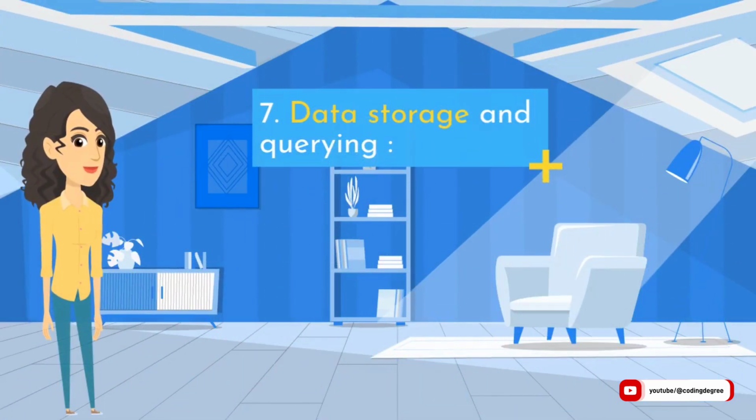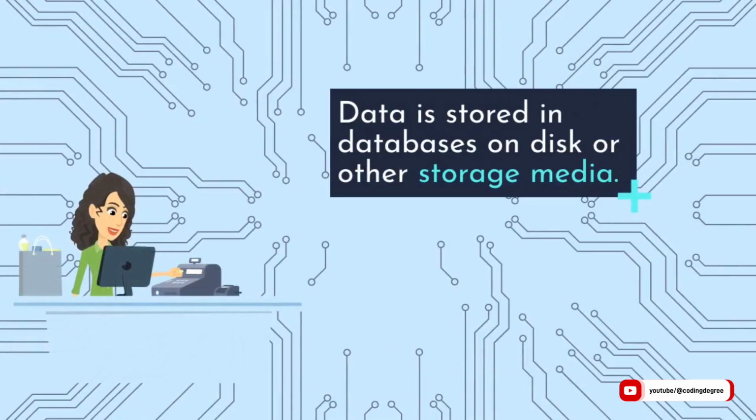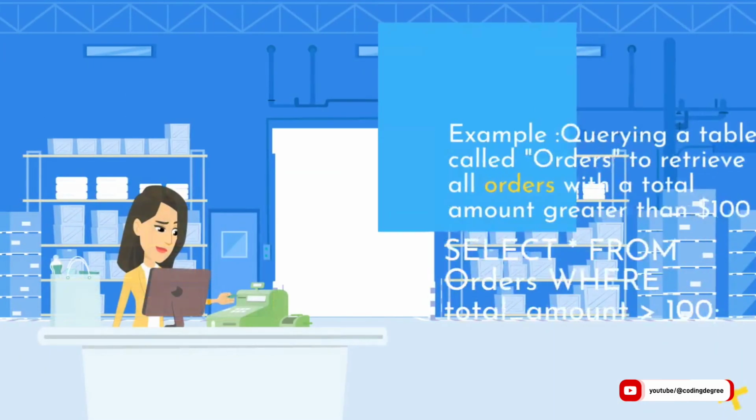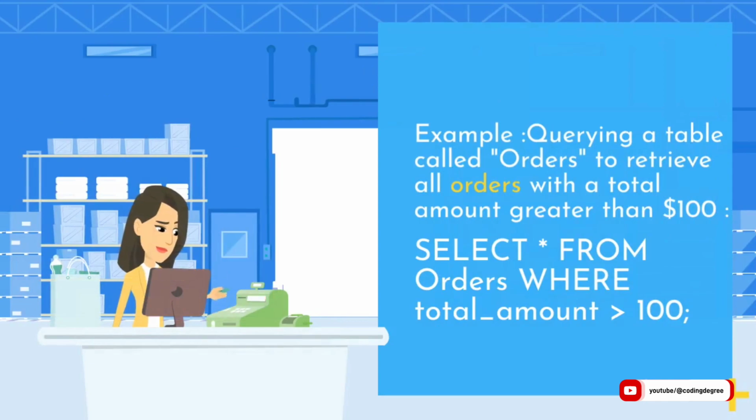7. Data storage and querying. Data is stored in databases on disk or other storage media. Querying involves retrieving specific data using SQL select statements. Example: querying a table called orders to retrieve all orders with a total amount greater than $100. SELECT * FROM orders WHERE total_amount > 100;